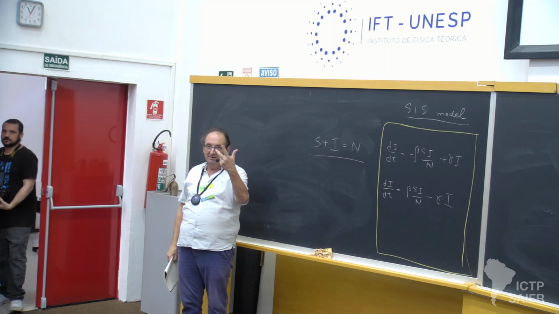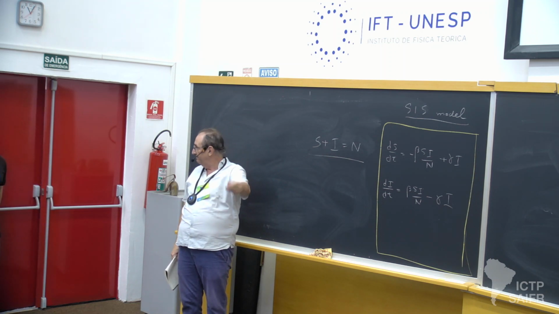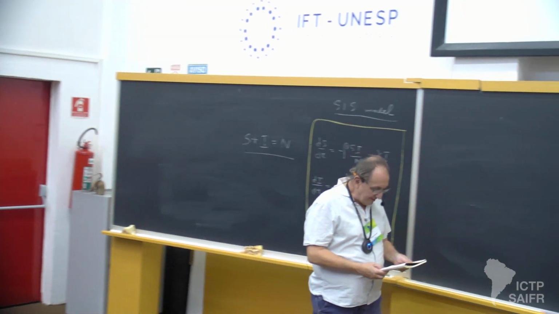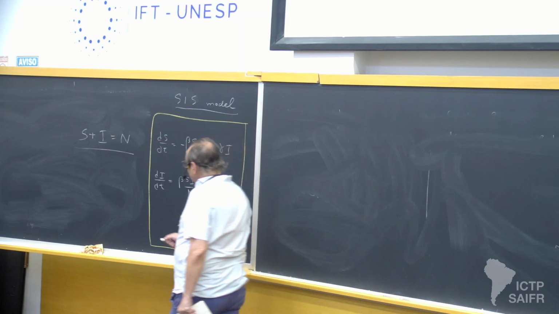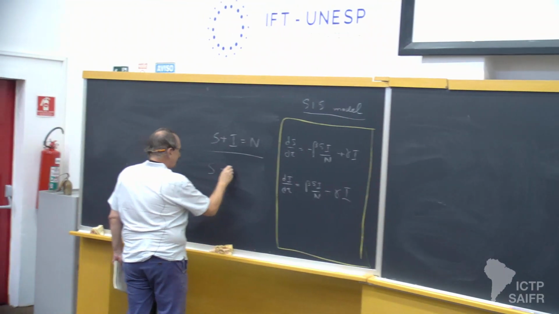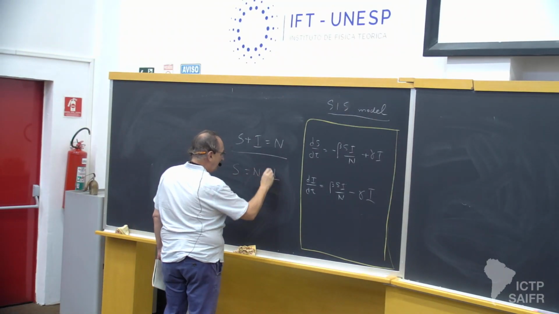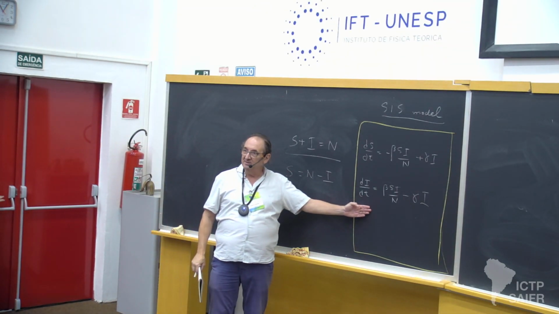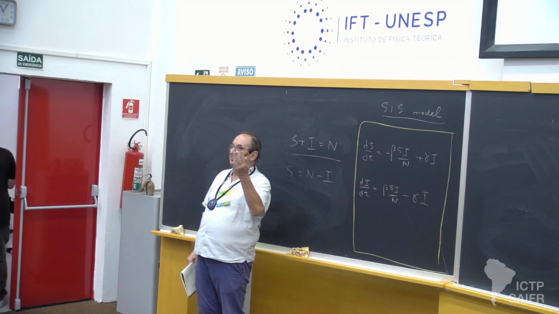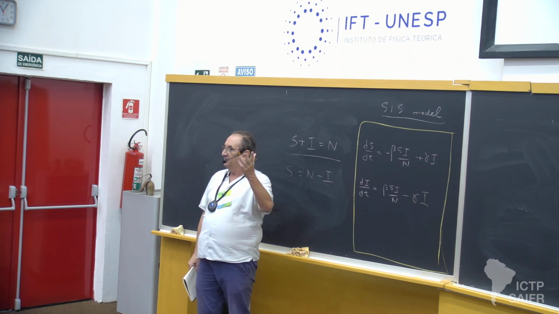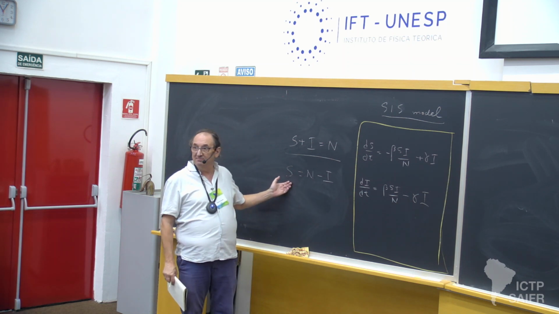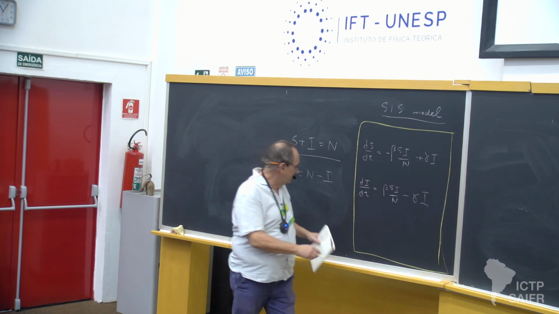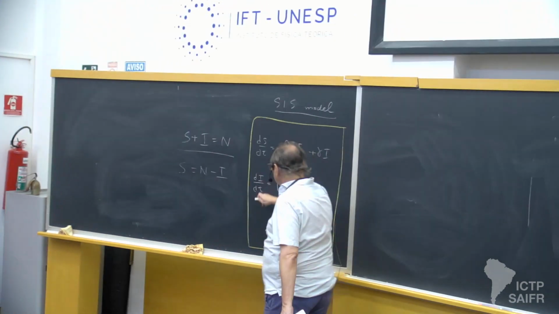They have to sum to give the value N. Therefore, I can just say S is N minus I. Substitute in the equation, and then I have an equation only for I. Let's do this. If you do this, dI/dt